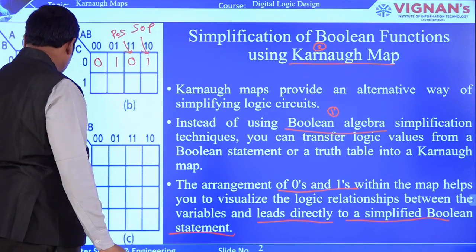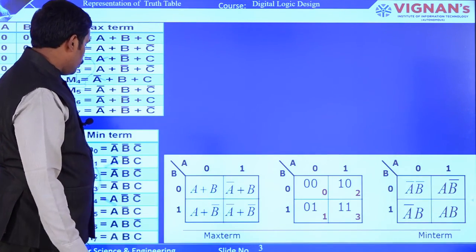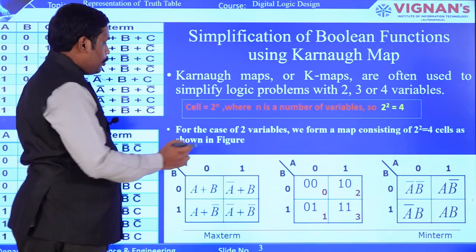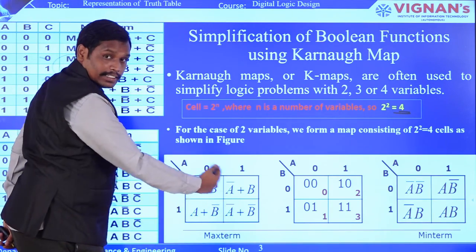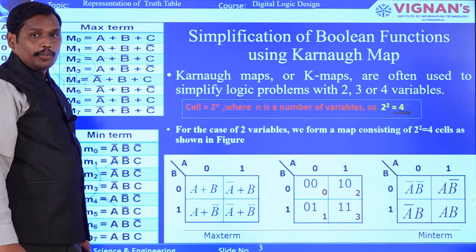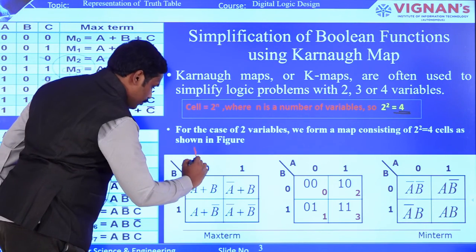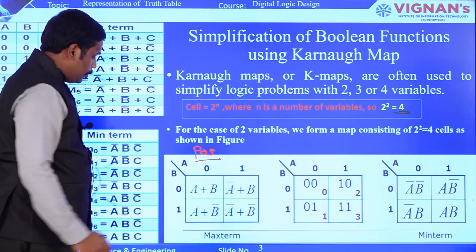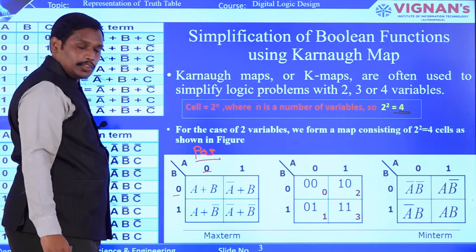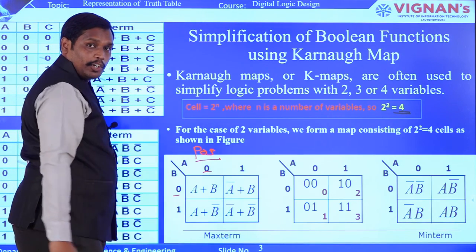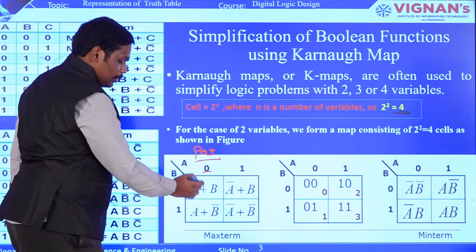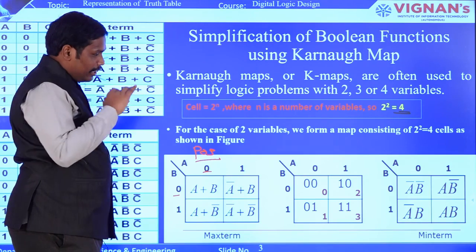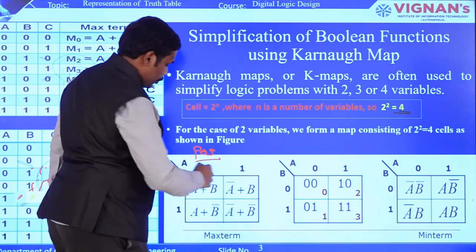Okay, right. Next, we'll go to the next part. So now you can see here, there are two variables. As I told you, for two variables there are 4 cells. These are the cell positions. Now, for example, if you are using max terms, which is the POS form, these are the ways of representing a particular cell with a value, something like 0 and 0. So for 0, 0, you're going to write A plus B, because in POS form you use plus, which is the OR gate. These things you already know from the previous class. So this is how you are going to write it down.